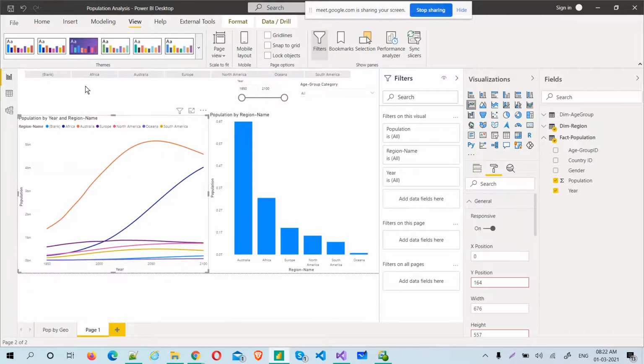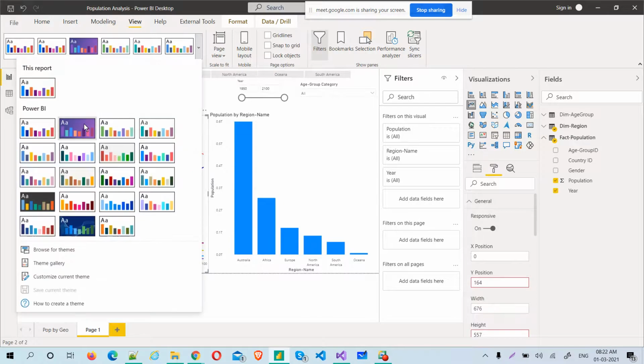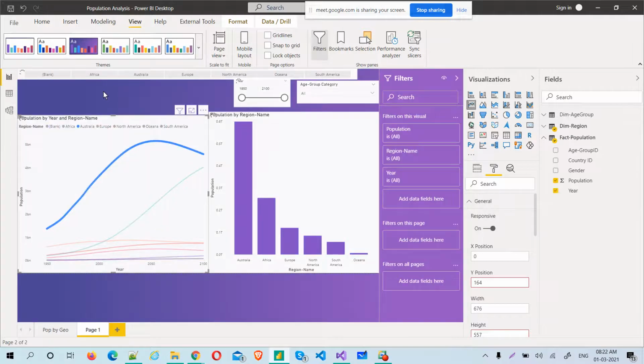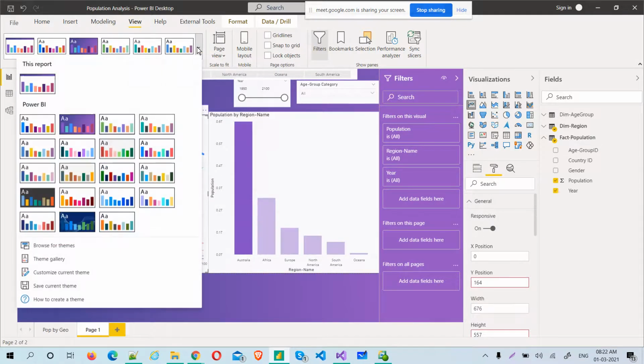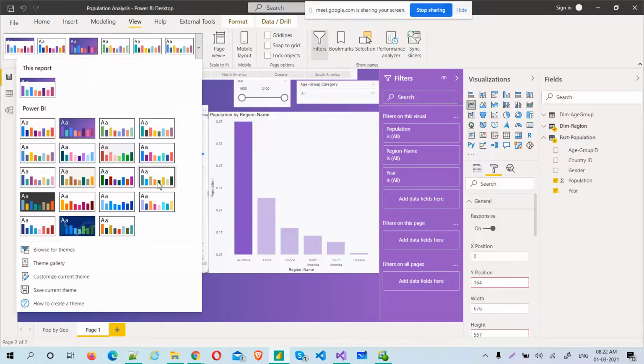What happened? It's not clicked. Bloom theme. Okay, yeah, so this is the Bloom theme. But again, selecting default themes is easy. What matters? We can do something extra here.